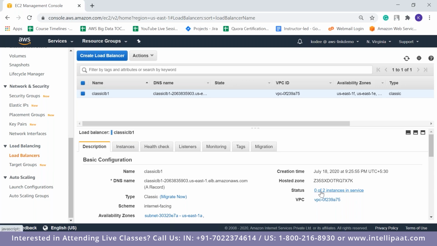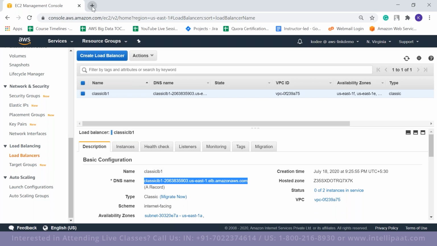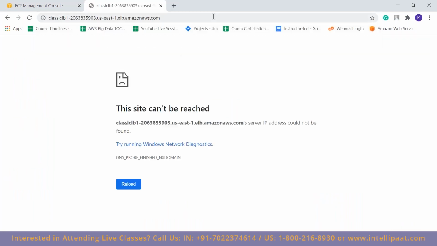So it's still like this. Sometimes it takes some time to load. The best way to check this is copying the load balancer DNS name and pasting it over here. It's still not running, so it will take some time. Let's wait. I'll just check out the questions if there are any. Denial of service, US. I don't get it. Okay. How to associate a public IP to a load balancer?